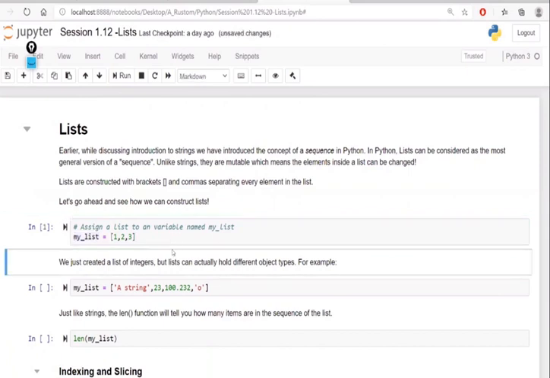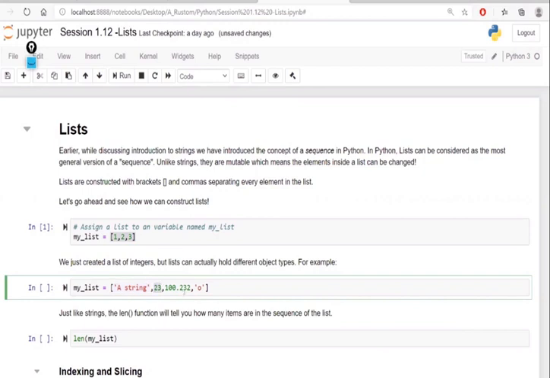Let me print. So now what I'm trying to do is override. So this is basically an integer. I can override some more data here. I can change the data and assign it to the same variable, but the original data will go. Right here I'm saying a string, an integer, a float, and again a string. Yes, I will be able to store that, right?